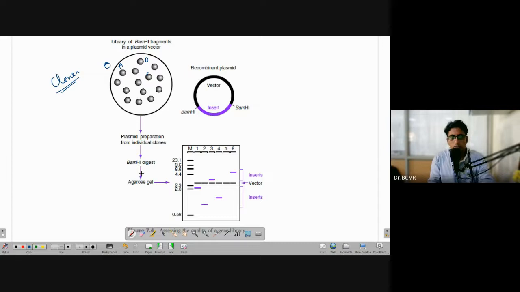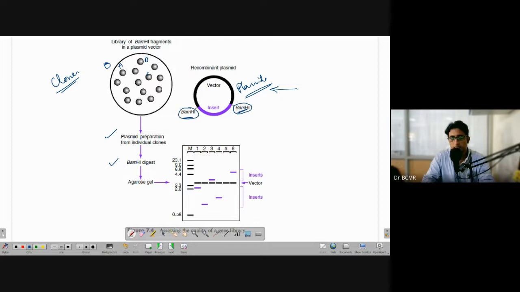From each individual clone, we can isolate the plasmid and then digest it with BamHI. We are assuming the vector used is a plasmid here,